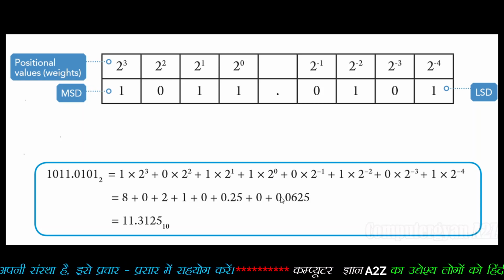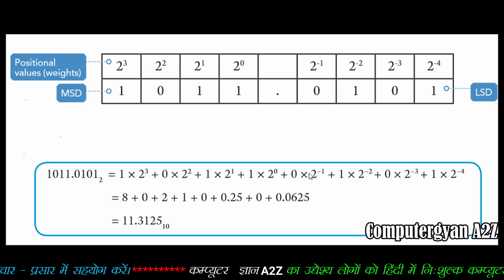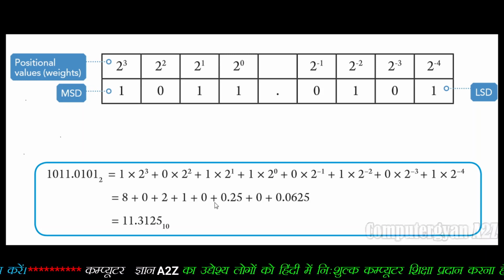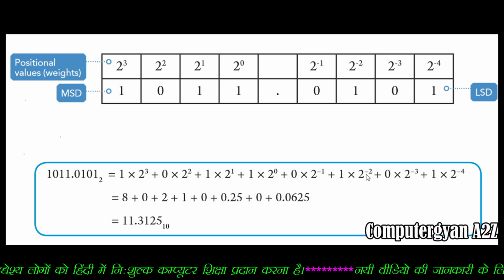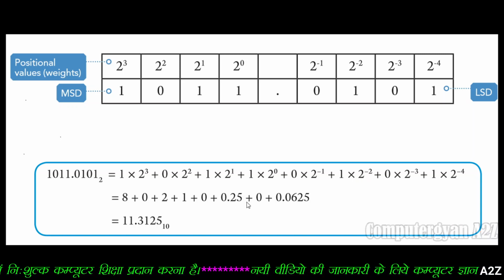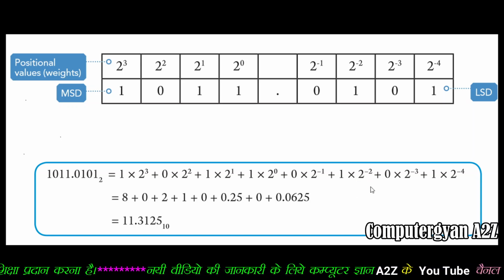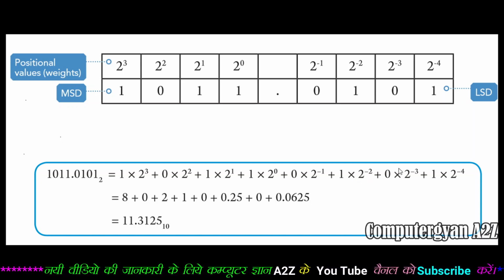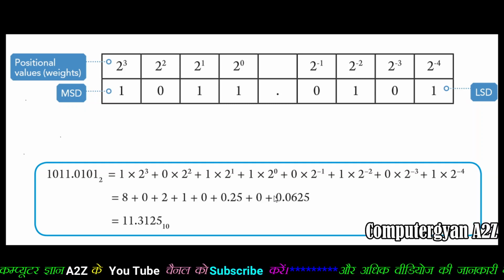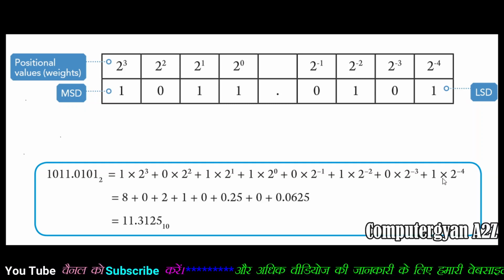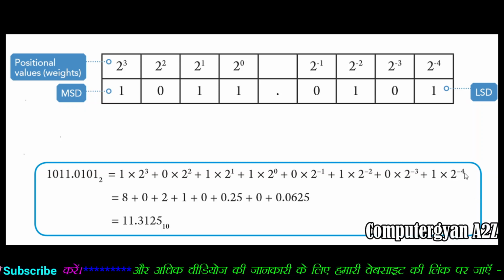After that, 0 multiplied by 2 to the power minus 1 will be 0, and use a plus sign. After that, 1 multiplied by 2 to the power minus 2 will be 0.25, and use a plus sign. After that, 0 multiplied by 2 to the power minus 3 will be 0, and use a plus sign. And the last, 1 multiplied by 2 to the power minus 4 will be